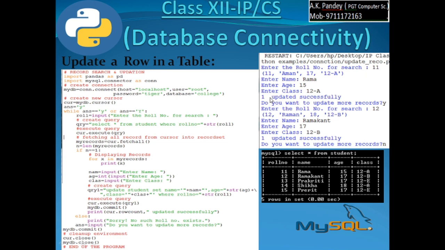Here I have already told you the row should be inserted in between in the string. Do you want to update more records? It is taking the user's response to iterate the loop. If yes, again it will ask for the roll number of the next student. Say I am entering 12, so the record of 12 is being displayed,